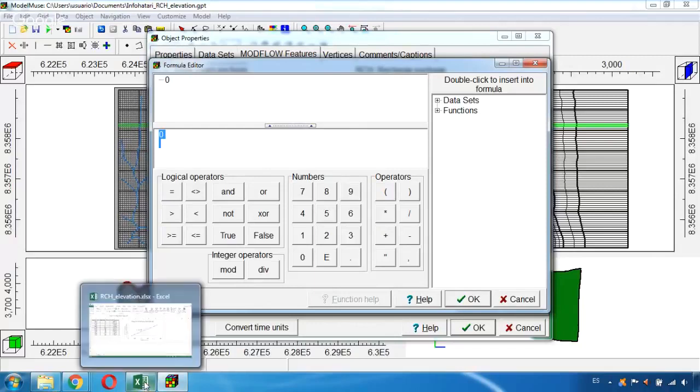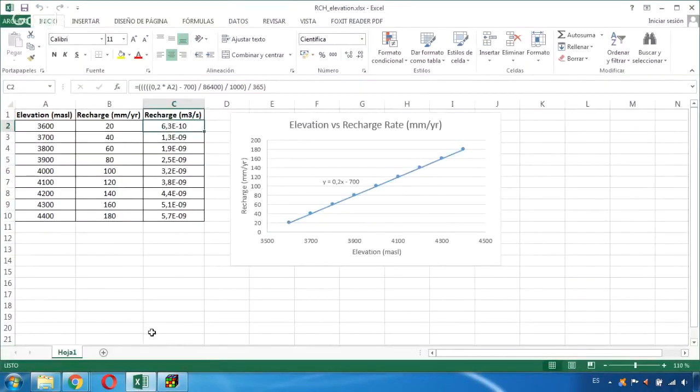Now we will go back to this file, and the recharge values we need to use are the ones in cubic meters per second, which are the same units that Model Muse will understand. We need to copy the formula that represents the recharge, including the unit conversion, and paste it into the formula editor. So we come here, copy this,